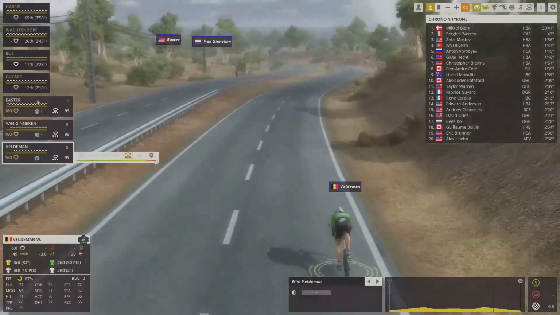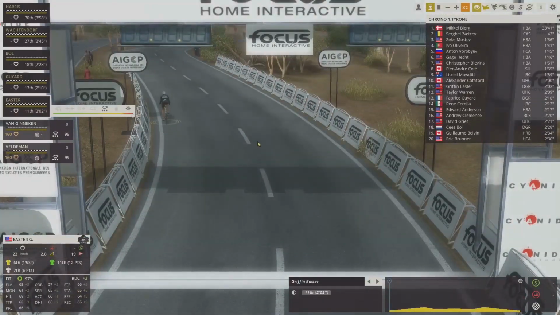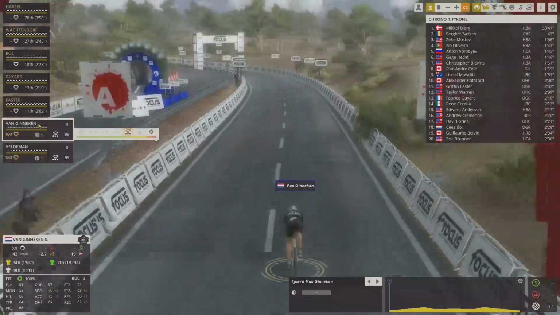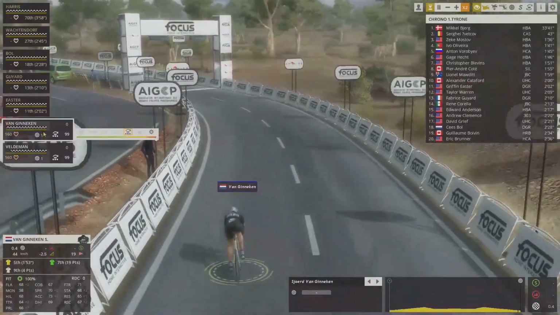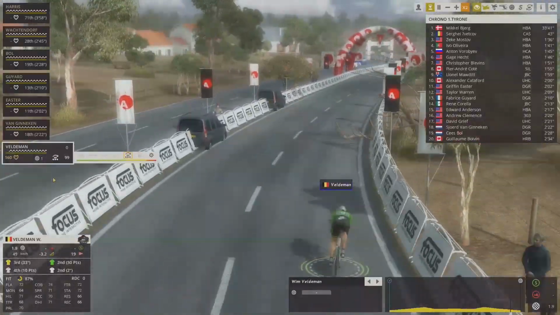Best time so far goes to Berg, not to my guy. Another Hagens Bermans. Easter goes 11th fastest, so it's a good time. Van Ginniken coming into the line. 18th fastest. Veldeman